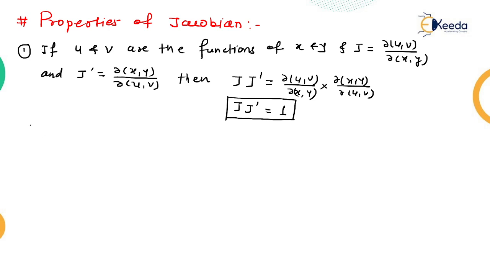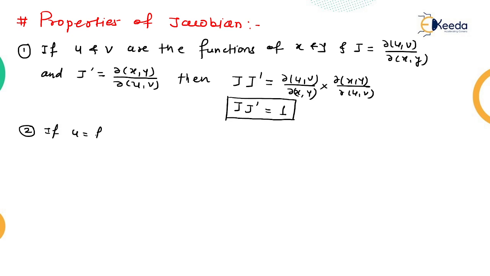Now let me start property number two, right? So property number two is related to the chain rule, that is the chain rule of Jacobian. So what is the chain rule? Let's see it easily. Suppose u and v are two different functions of x and y. So let me write here, if